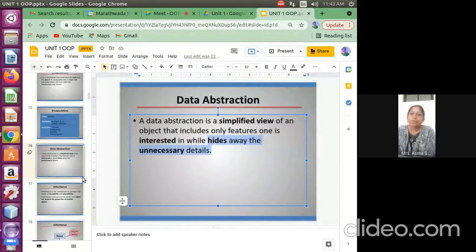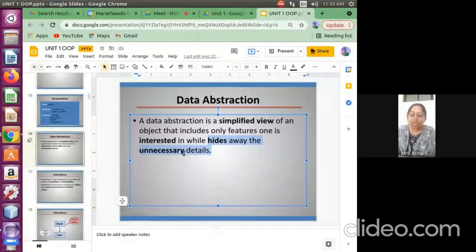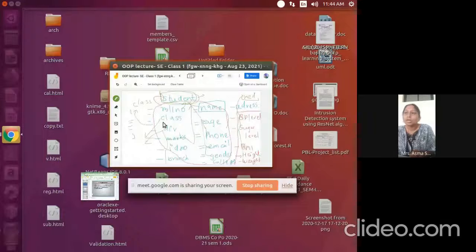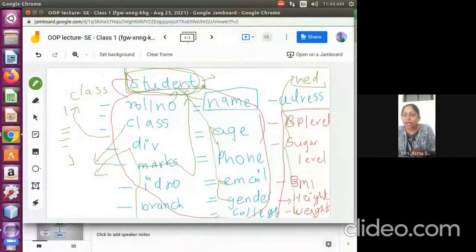If we consider data abstraction, we have access specifiers for it. The access specifiers help us achieve the data abstraction property. As in the student class, all these attributes we needed, but only those which are important do we access.